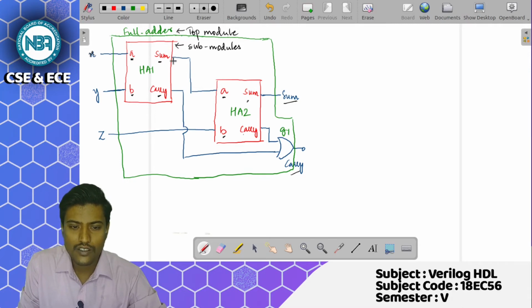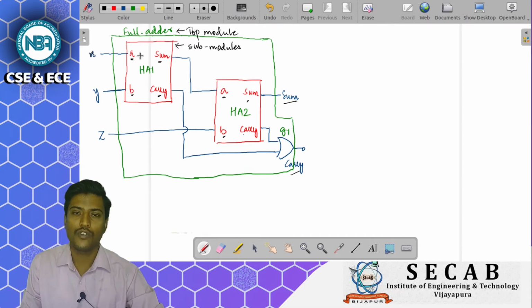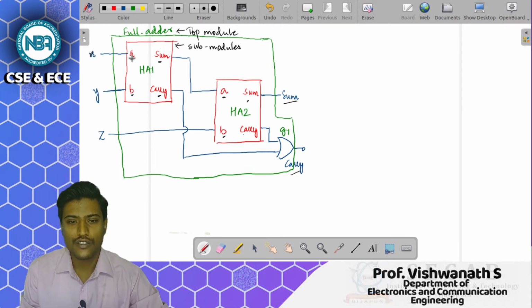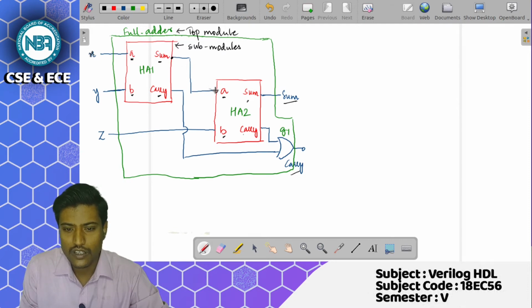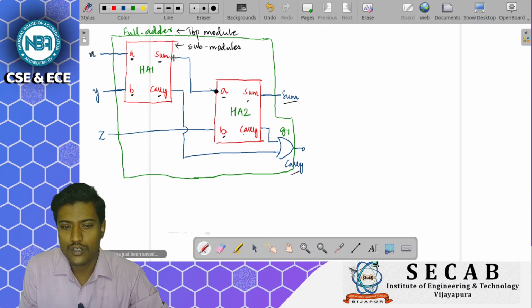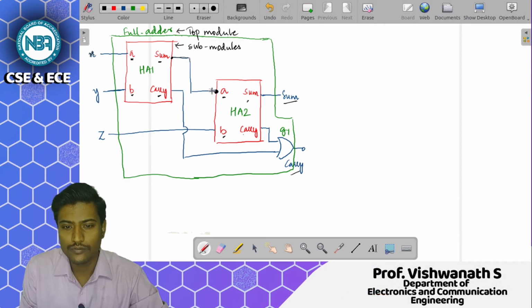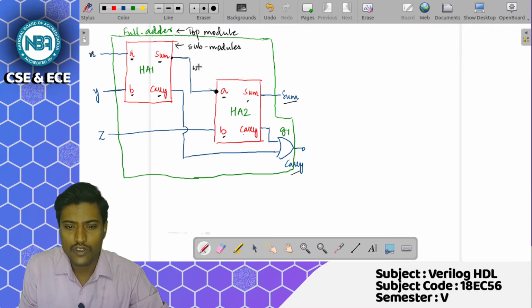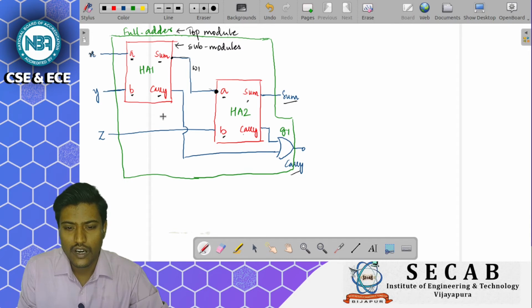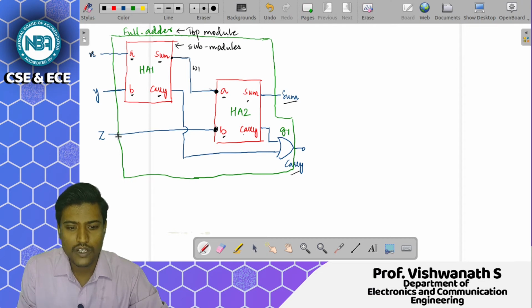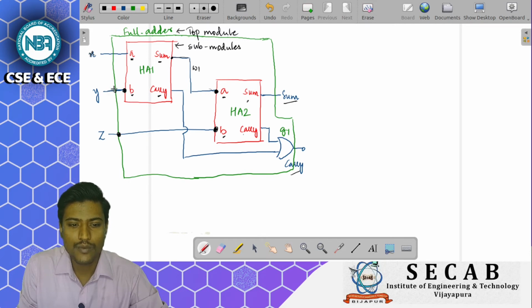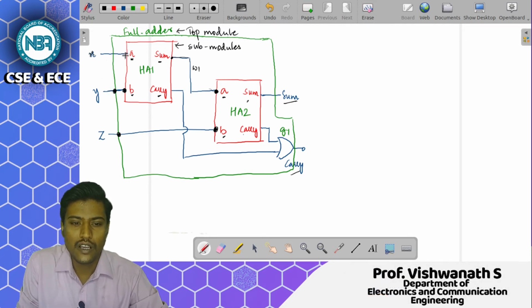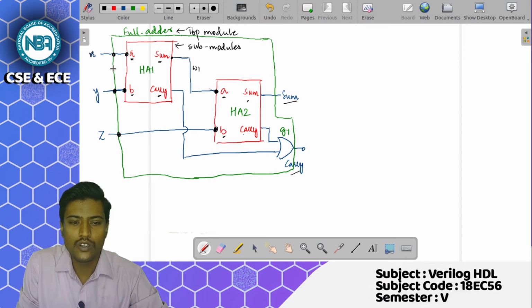We said that a module might have internal wires or registers. The sum from here till here is being connected through a wire, so let me name this wire W1. The B port of HA1 is connected to port Y, and the A port of HA1 is connected to port X.